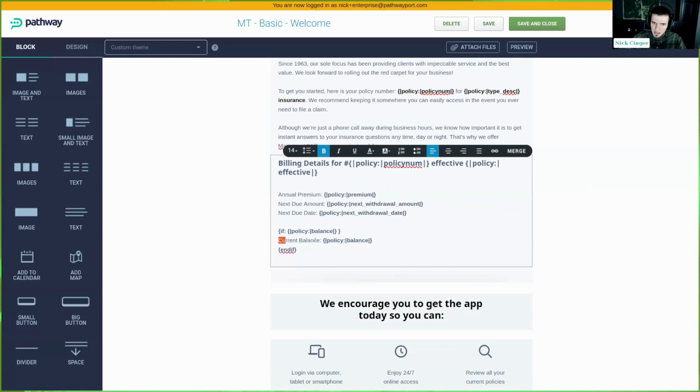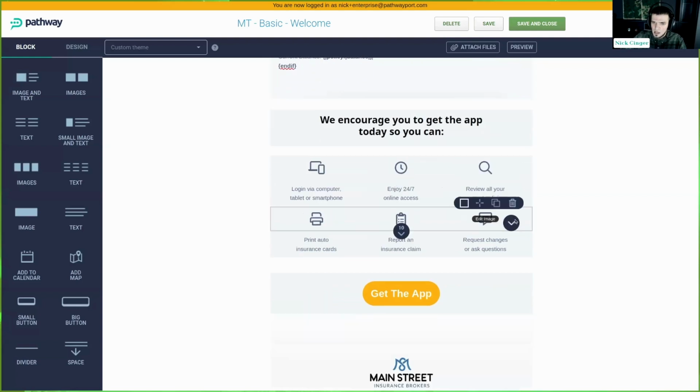So we can say current outstanding balance or something like that, put that merge tag in, and we can wrap it in some logic so that it only renders this portion if the balance is populated and is not zero. So you don't have empty portions of the email just because a piece of data is missing, or you're not mentioning the balance if their balance is zero. Going down,